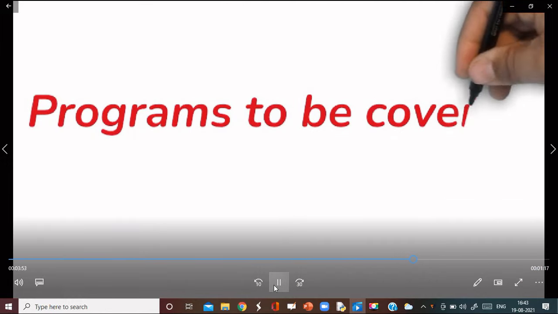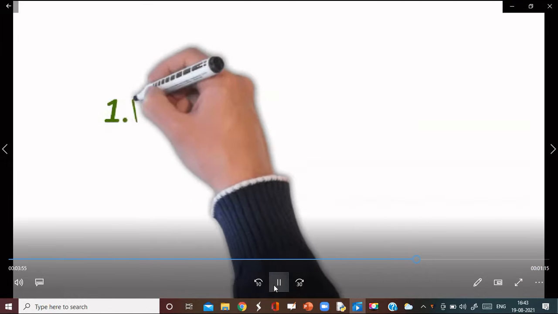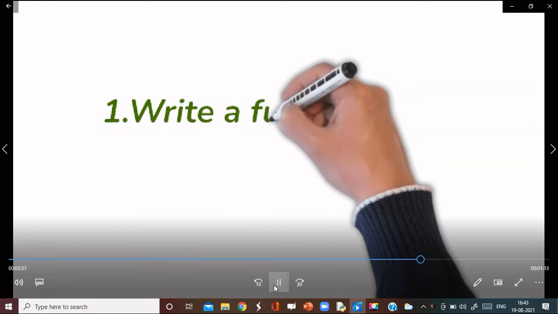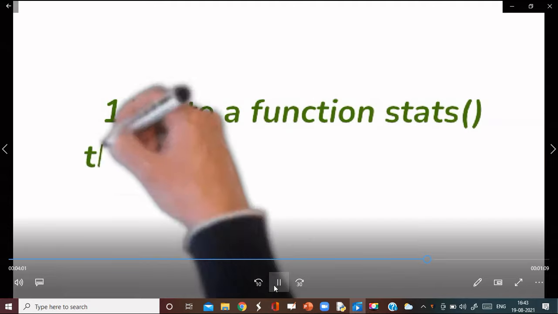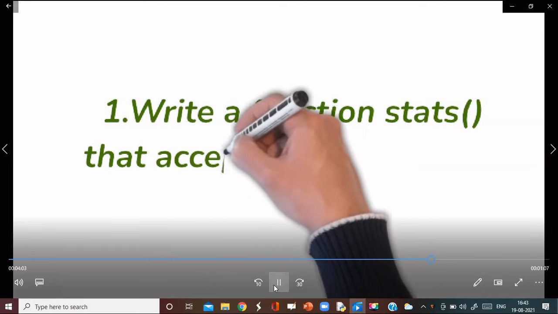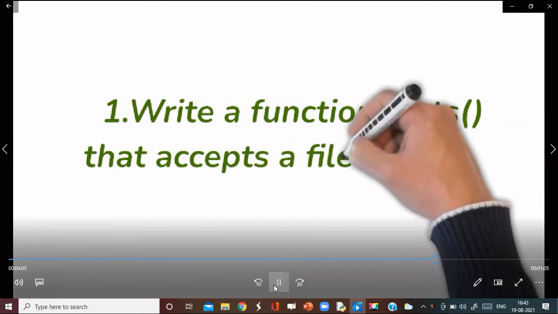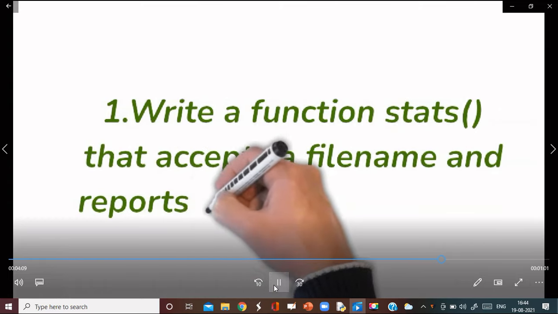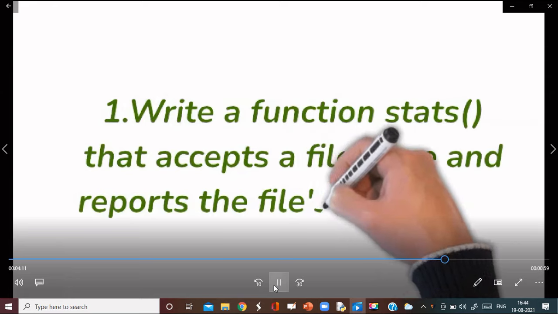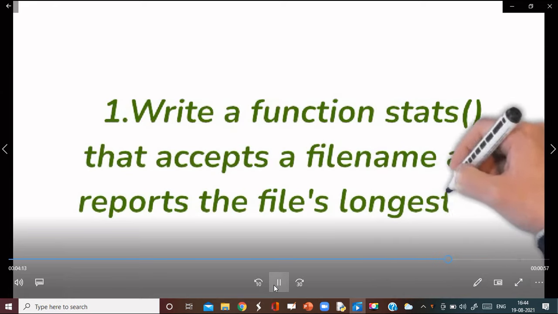Programs to be covered. In this discussion we will cover some programs and do the practical demonstration of the read and write functions. The first program is to write the function stats that accepts a file name and reports the file's longest line.